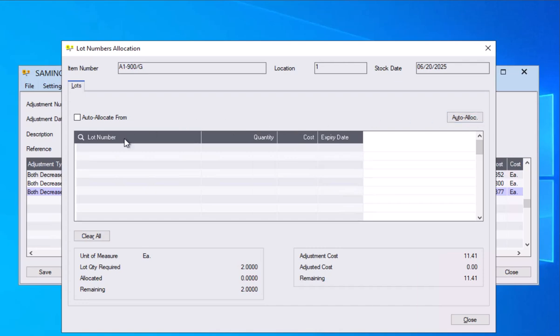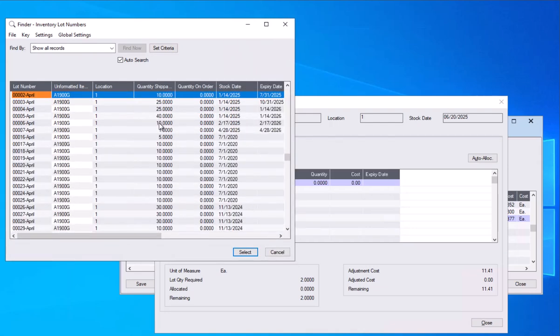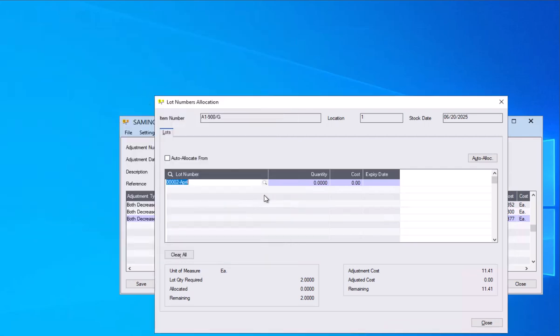And it's going to ask me which items or which lots I am taking this out of. So again, anytime we're breaking down the details from a top level to a subsidiary level, FIFO, LIFO being one type of subsidiary level, lot serial being another, Sage is going to want to know which of these subsidiary breakdowns we are taking this inventory out of, or putting it into. So I can say I'm taking one out of here,